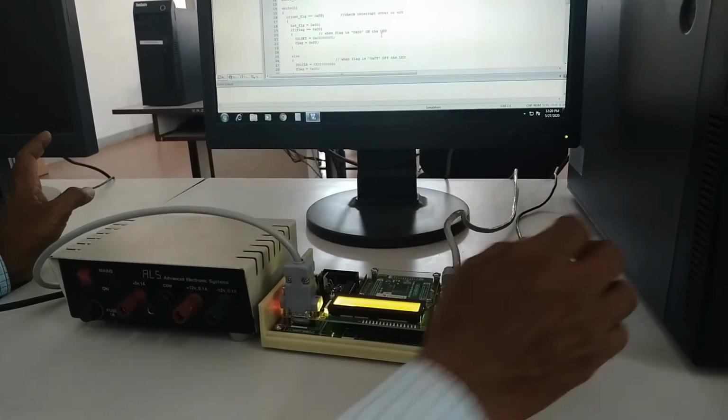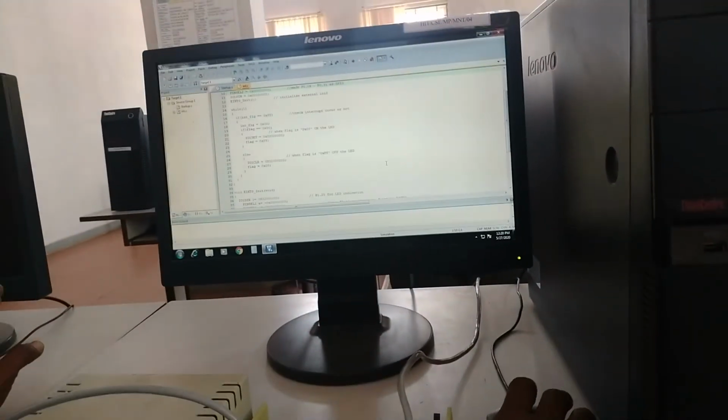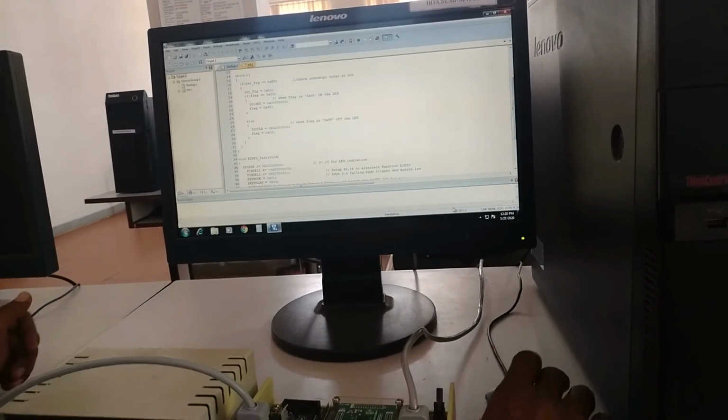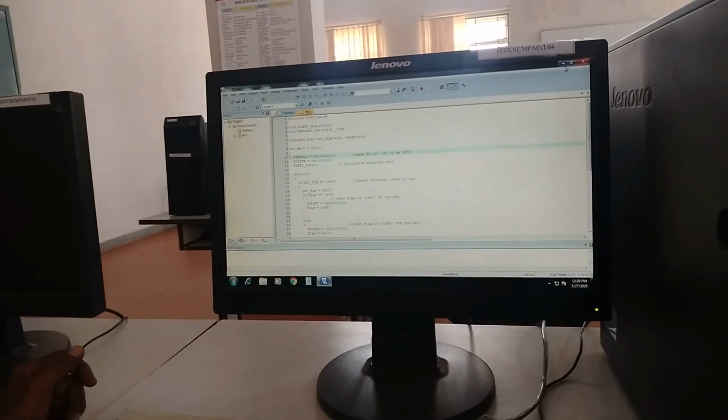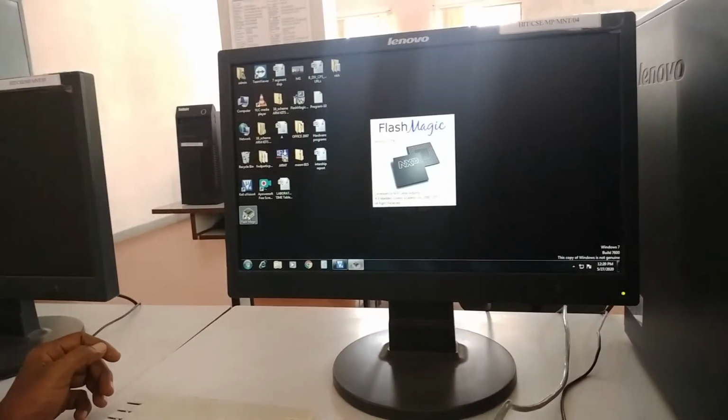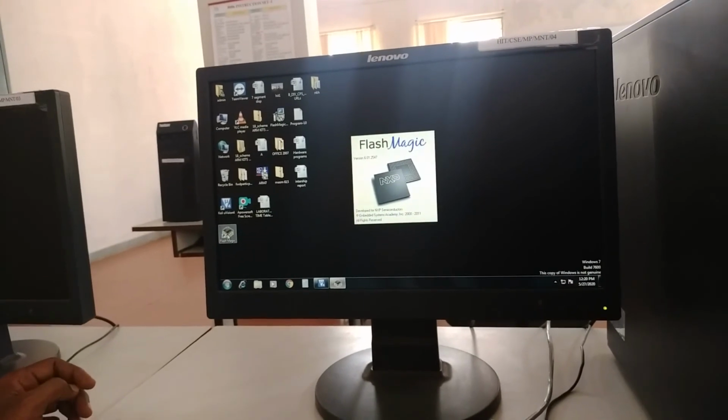First you start Flash Magic. Double click, and Flash Magic will open.